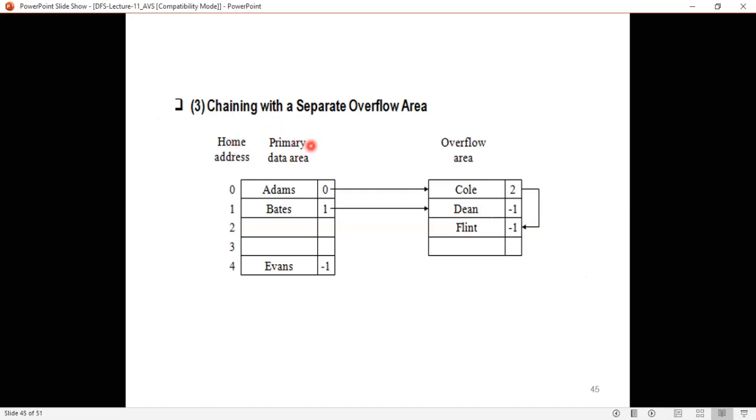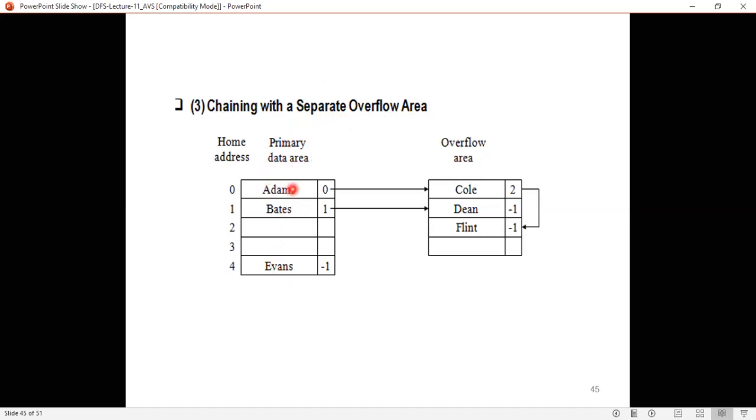One is the primary data area and one more is the overflow area. That is, the name itself says it uses a separate overflow area. That means only the keys which have the home address, that is Adams, Bates and Evans, will be stored in this primary data area.